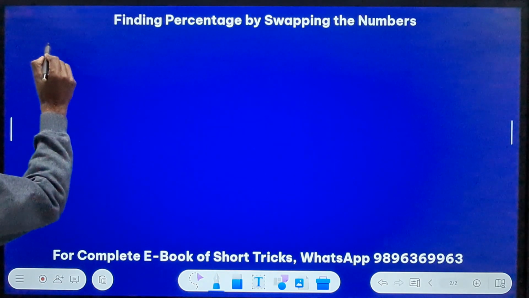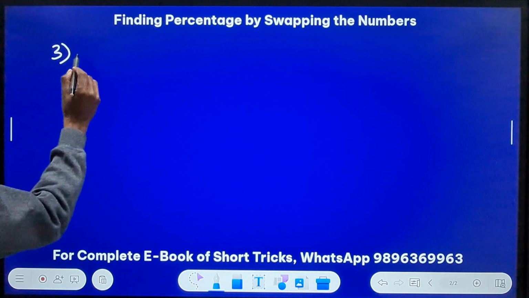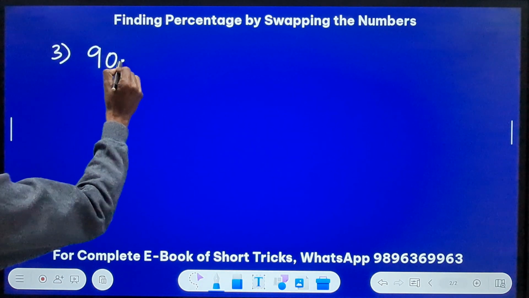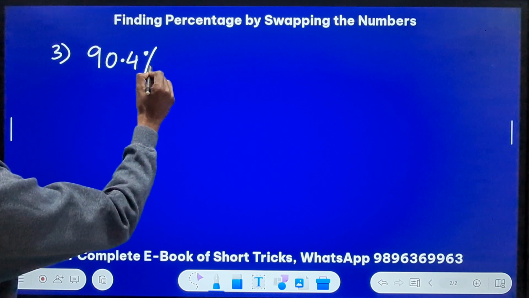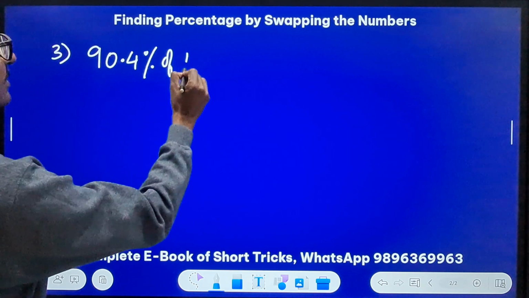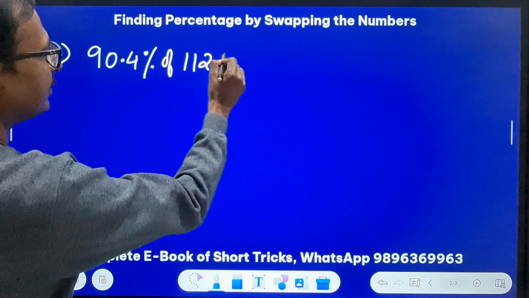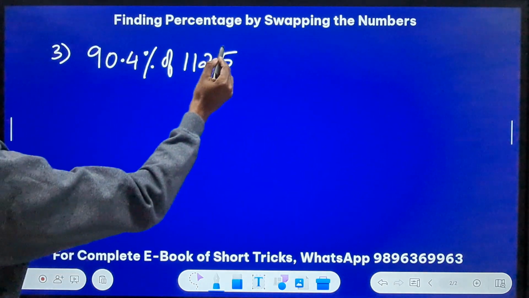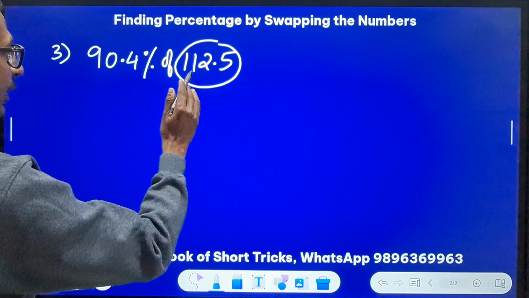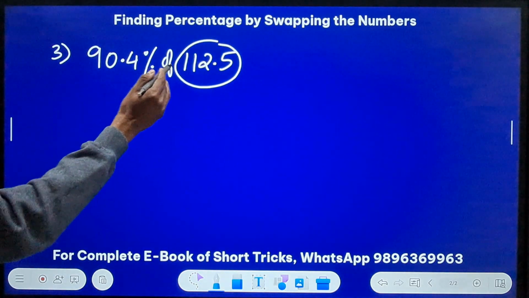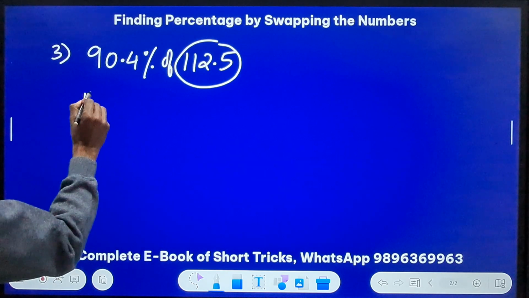Okay, the third question. So for the third question, I am taking 90.4%. Look at this. 90.4% of a number like say 112.5. Both decimals, but I know 112.5 is a familiar number. You know why? Because if I swap them,